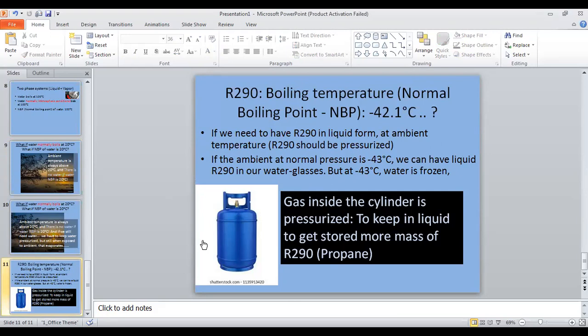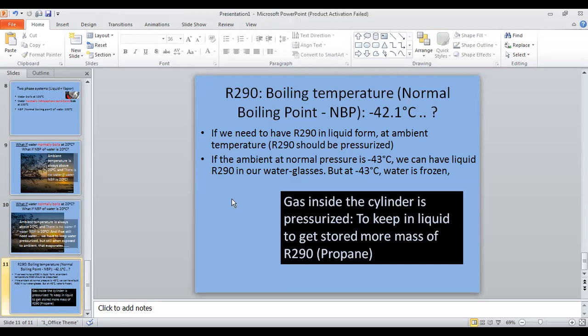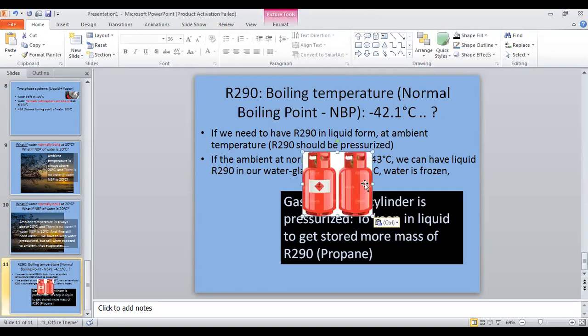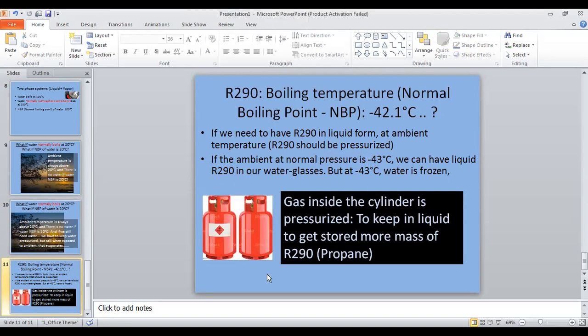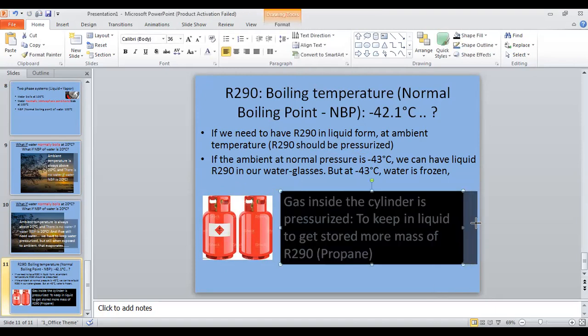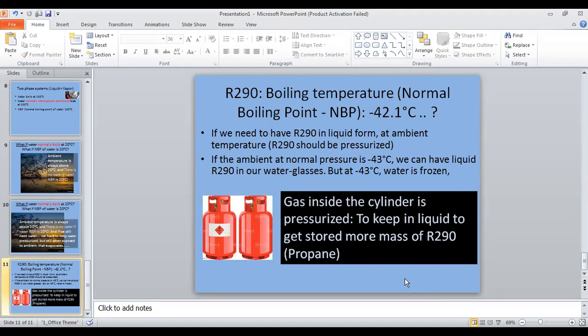Propane gas cylinder. Those are for very special usages. So these are the propane gas cylinders, maybe for some industrial applications, not for domestic. So that's it. Even oxygen